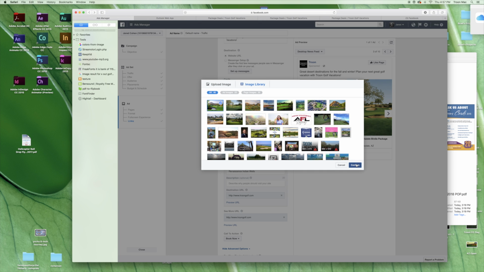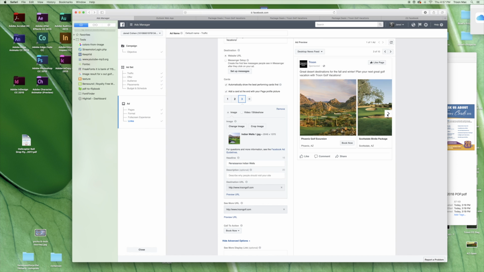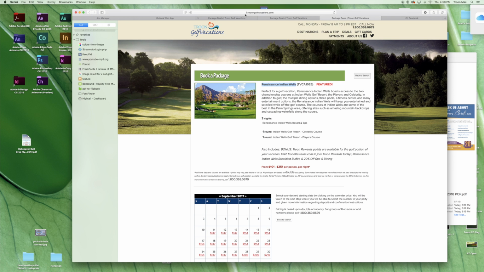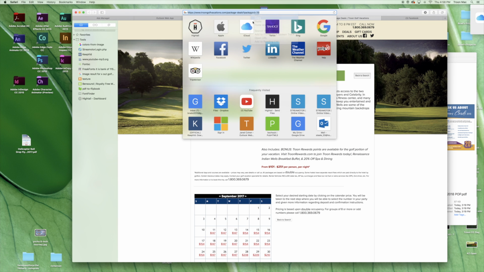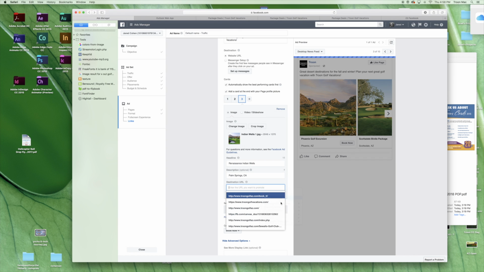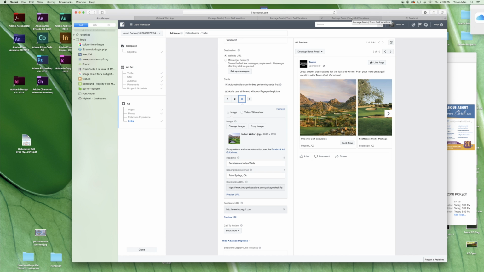It is checked. Confirm. And then I'll add in Palm Springs. Go back to my URL that I want to include. And I'll make sure that's in the destination URL. The underlying URL that I'd like it to hit at the very end is this, to basically give